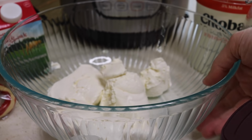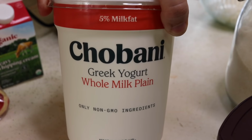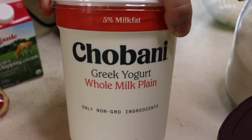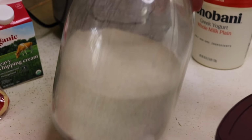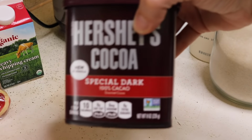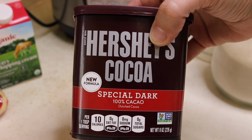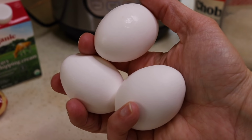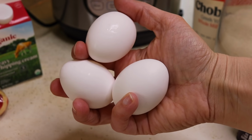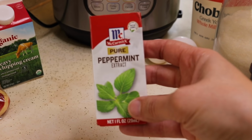The ingredients for this recipe are 16 ounces of full-fat cream cheese, 1/2 cup of full-fat Greek yogurt, 1/2 cup of granulated sugar, 3 tablespoons of Hershey's cocoa, and I like to use the special dark cocoa. It tastes the best. We're going to be using 1 whole egg and 2 egg yolks, 1/2 teaspoon of peppermint